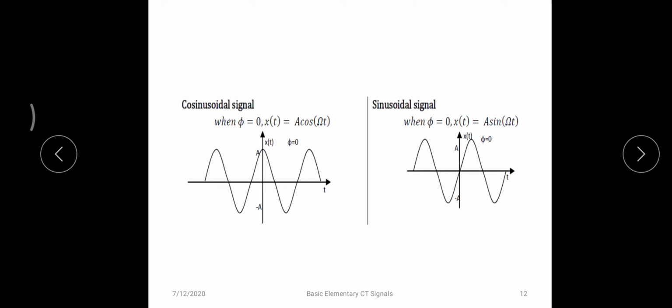And this is the graphical representation of the sine curve, and this is the cos curve. We all know that sine 0 is 0 and cos 0 is equal to 1. So the sine signal starts at 0 with magnitude 0. For cos, at time t equal to 0, the cos function is 1, so the signal starts from the maximum and goes towards the minimum. So this is the graphical representation.